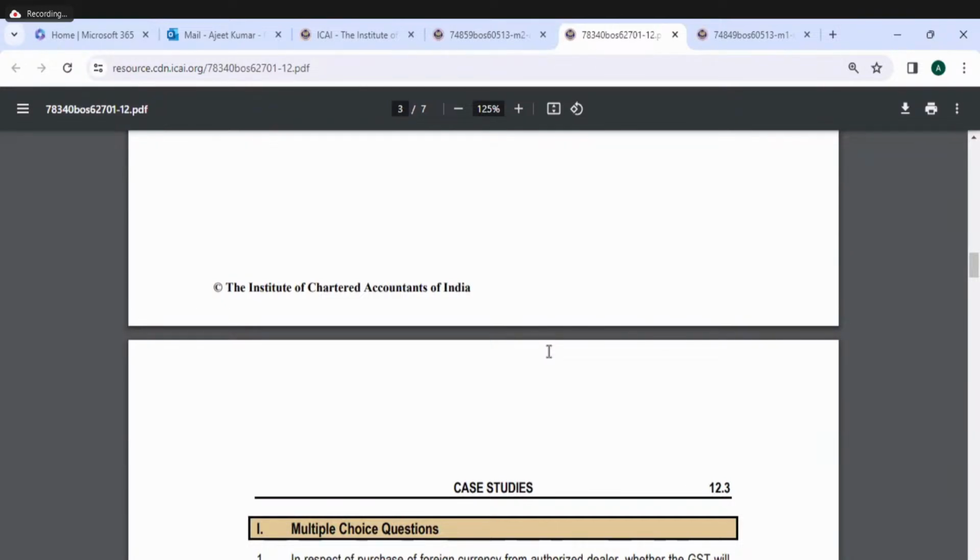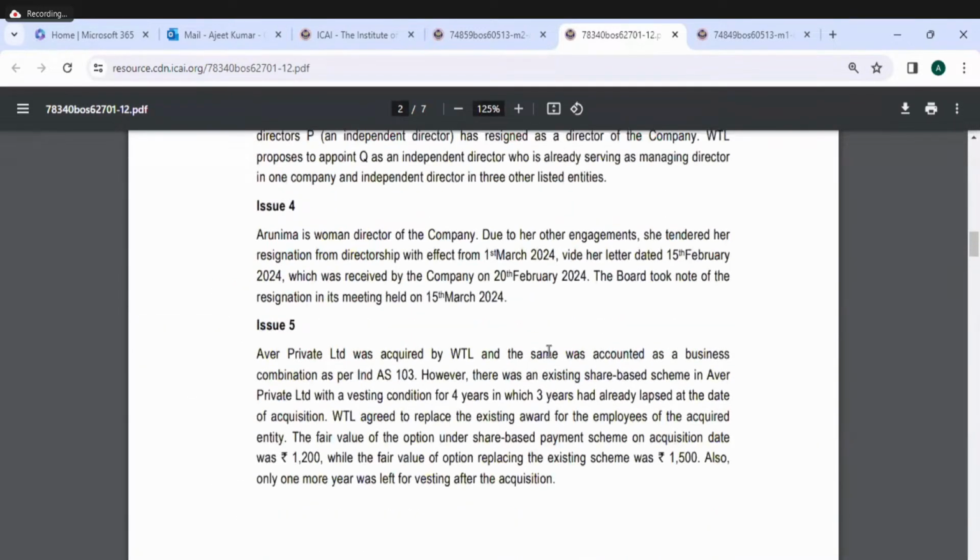Never ever think so. Sometimes students say, I have done everything correctly. What happens is, if you do not read the facts correctly... One thing is that you need to be clear and crisp, and you need to remember a bit of the provisions in your mind. Then you can search for those provisions. You need to be clear. But what are the facts of the question? You need to read those very clearly. So now let's come to this issue. Arunima is a woman director of the company. Due to,